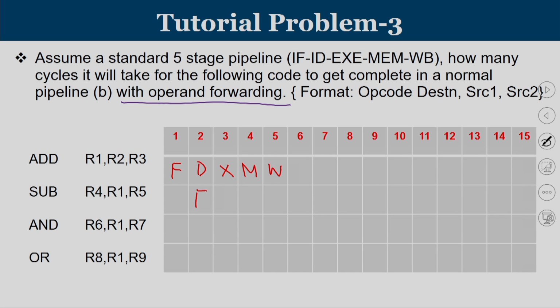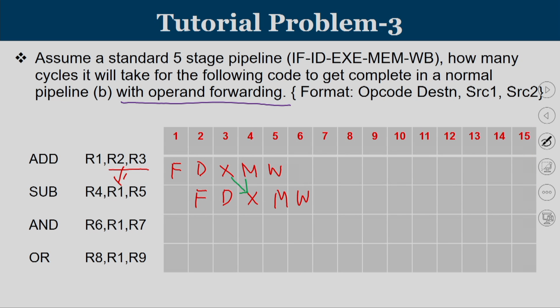So, I have fetch here, I will perform decode. The output of the ALU, that is the value of R2 plus R3, is forwarded to the input of the ALU. So, in this case, forwarding happens. What is forwarding here? The value from the output of the ALU is forwarded to the input of the ALU. So, it is an ALU to ALU operand forwarding. There is no stall, and data will reach at the correct time.